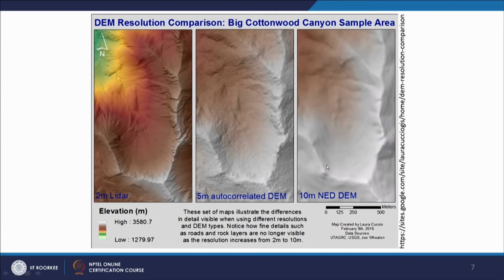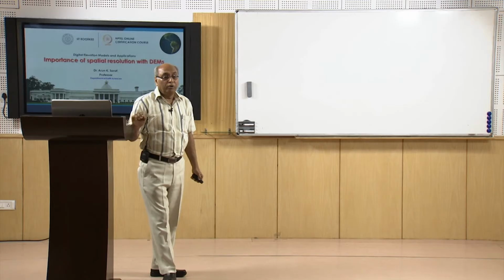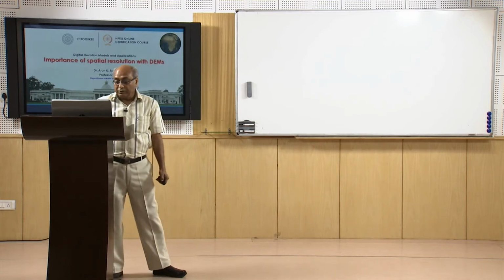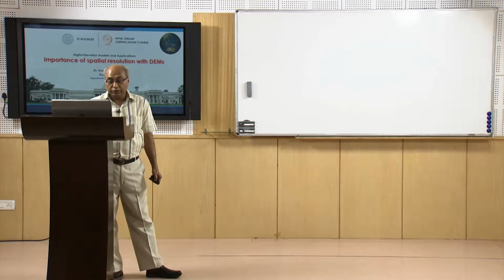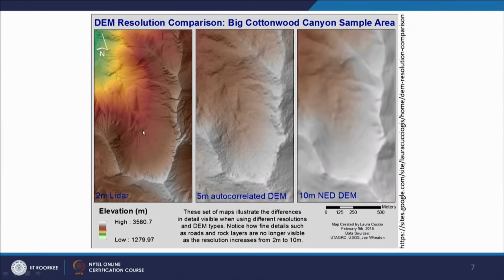So on the right side, what we are seeing is a 10 meter digital elevation model of the national elevation data of USA, and this is the Big Cottonwood Canyon sample area. As you can see, it is relatively coarser resolution, and therefore that many details about the terrain are not visible. If we compare this with 2 meter spatial resolution of the same area, but derived from LIDAR technique,